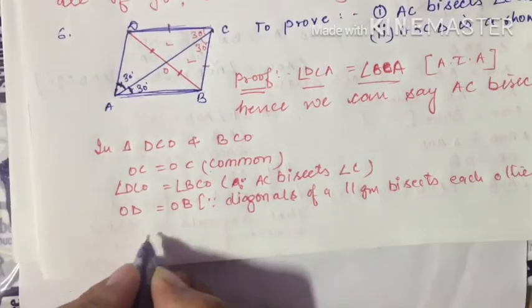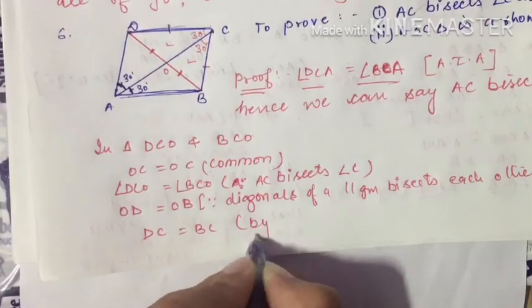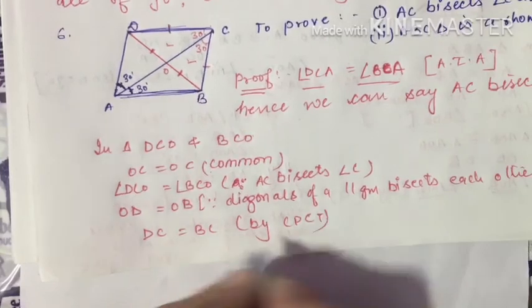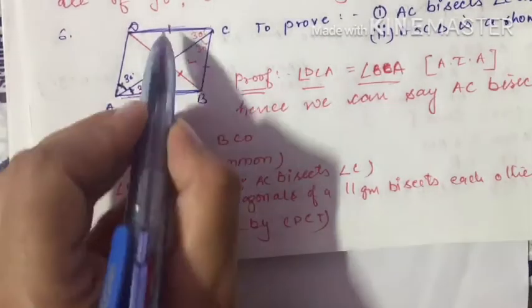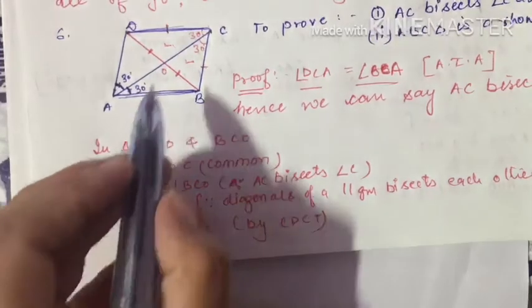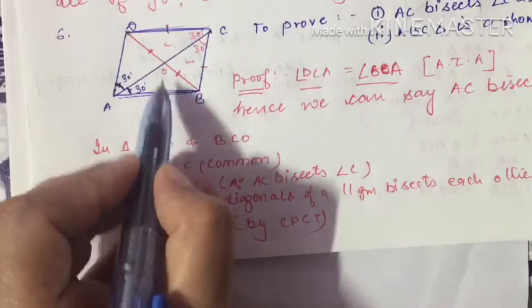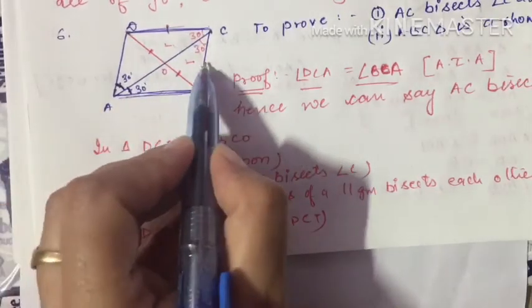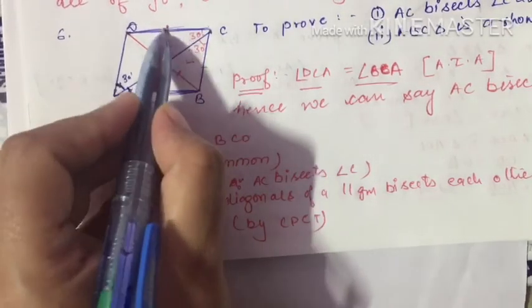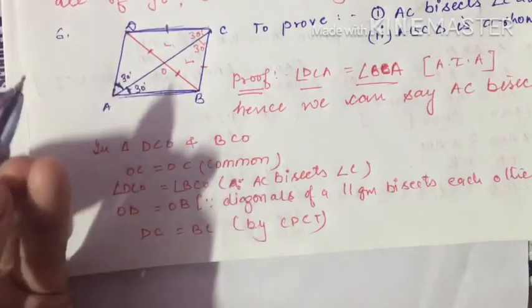Okay, then my DC will be equal to my BC by congruency. If I have proved that this triangle is congruent to this triangle, I may write DC is equal to BC. I have proved. It was given in the question that DC is equal to AB because it was a parallelogram. It was already said that opposite sides are equal. You made the adjacent sides equal as well, meaning this is equal to this, and this one you can also prove equal to the other.